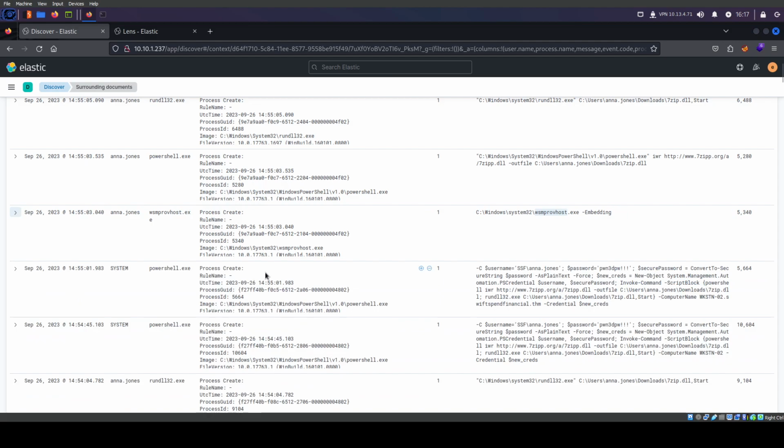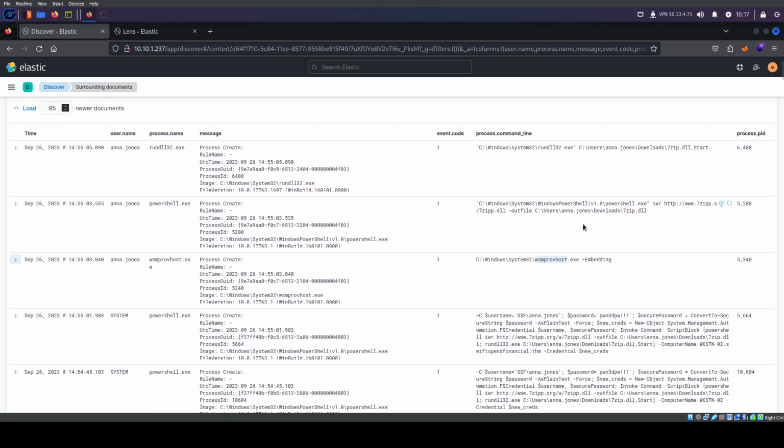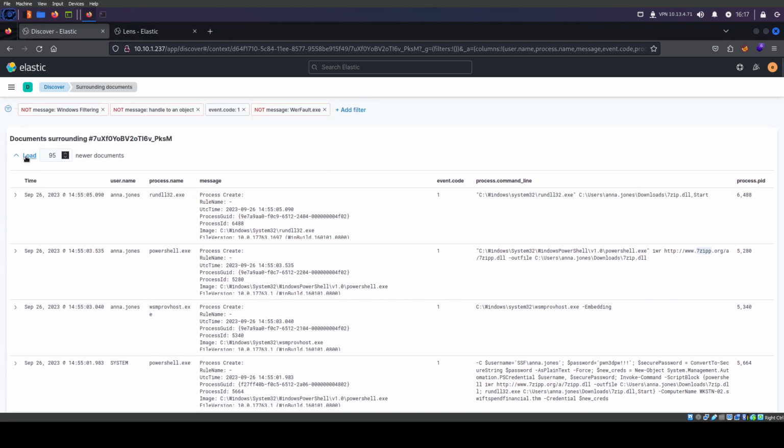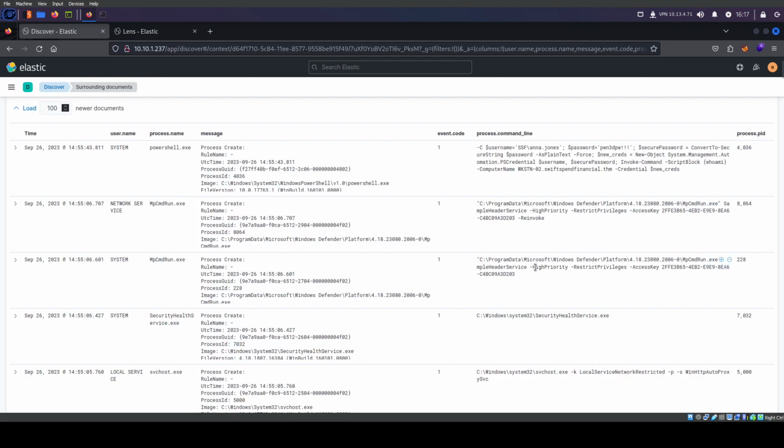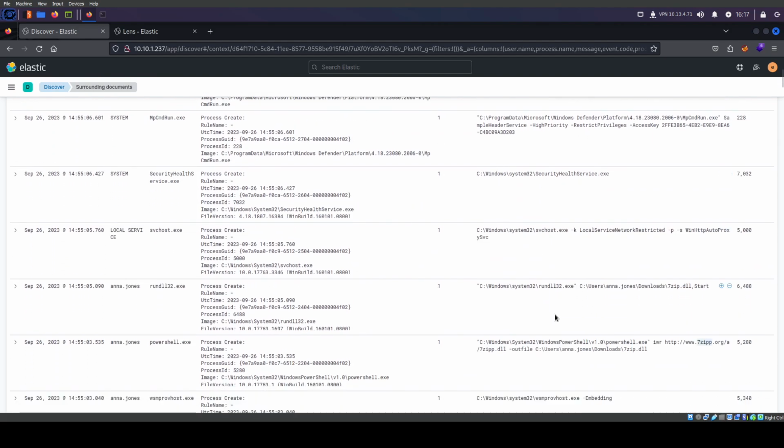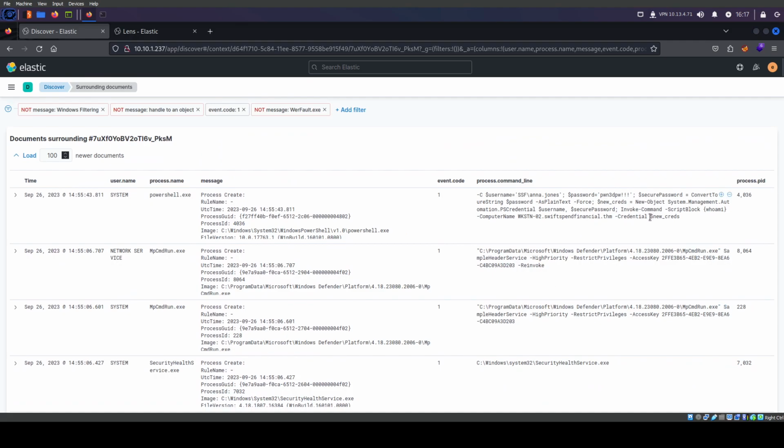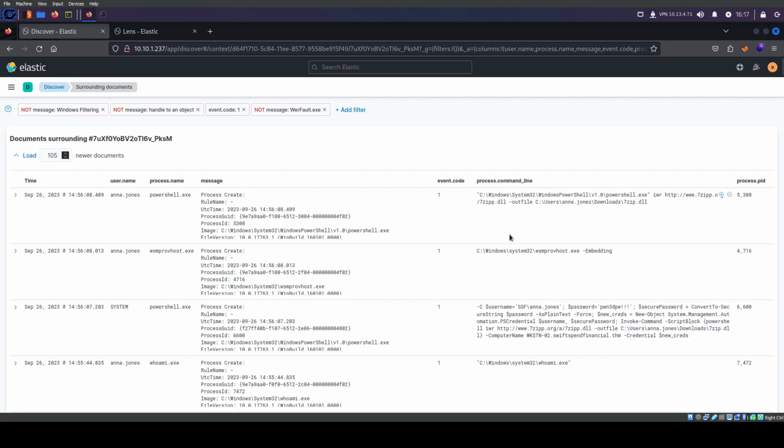So it looks like it connected. So it used Anna's credentials to connect to the workstation 2. And now it's using the same payload to run. Okay. But now look, right here, new credentials. So now we're on workstation 2. Where are you going? Where are you trying to go? Same thing, right here. Okay.